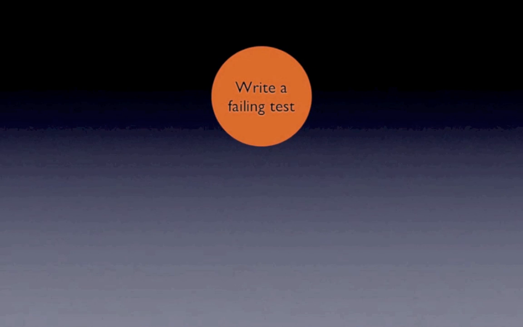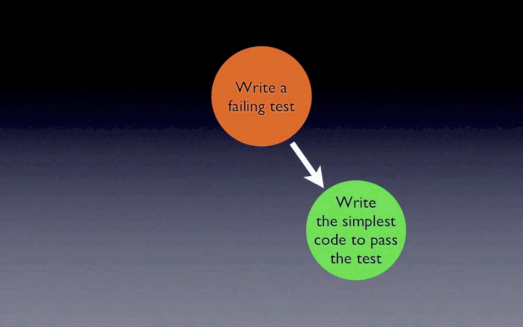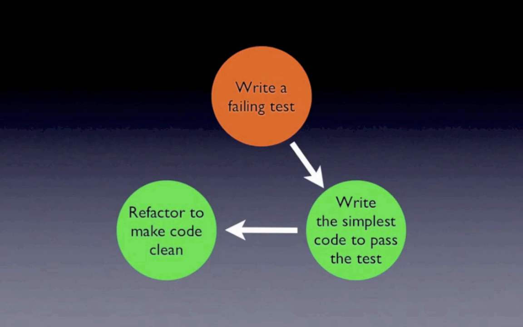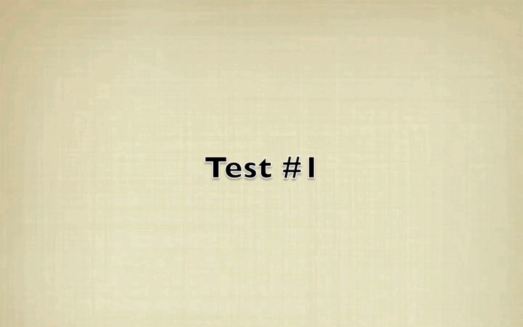It's time to learn the 3 steps of the TDD waltz. It goes like this. Step 1, write a single failing test. Not a whole bunch of them, just one. Step 2, write the simplest code to pass the test, and all tests should continue to pass. Step 3, refactor to make the code clean. Both production code and test code should be refactored, and repeat, and you'll be gliding across the floor.